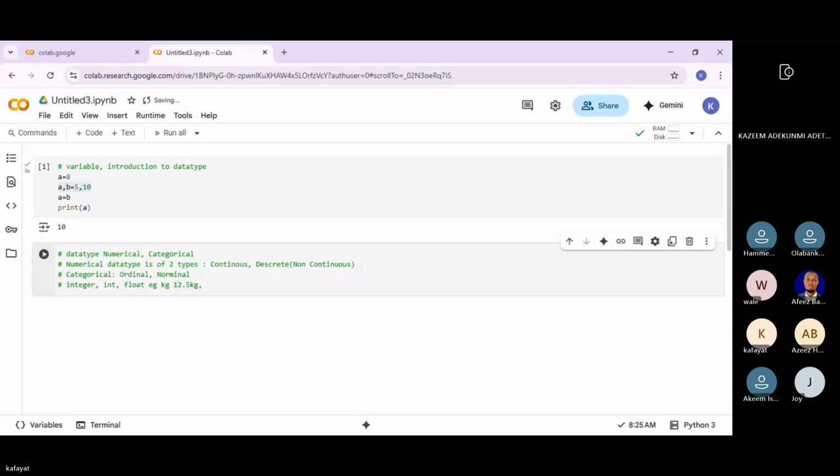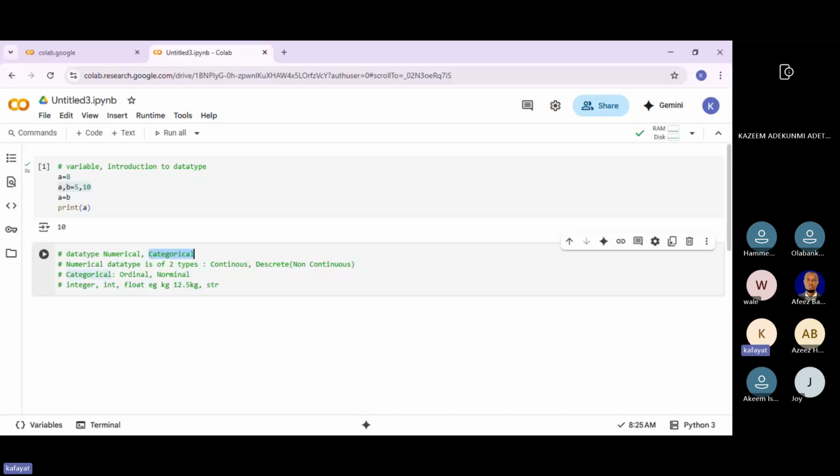Then the other one is what? STR. We call it STR. This is a data type. This STR represents categorical. You can use it to declare categorical of any type, whether nominal or ordinal.